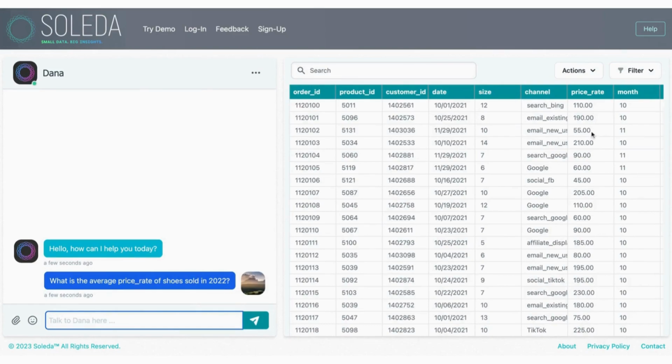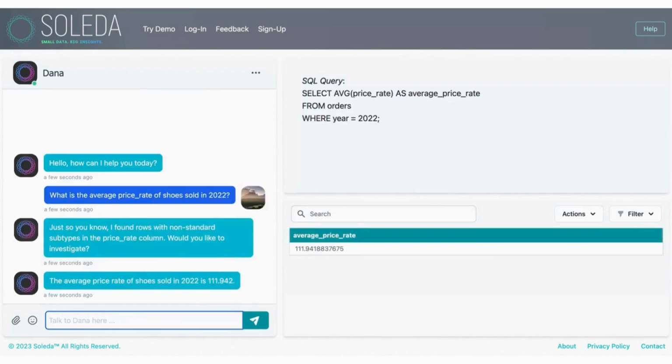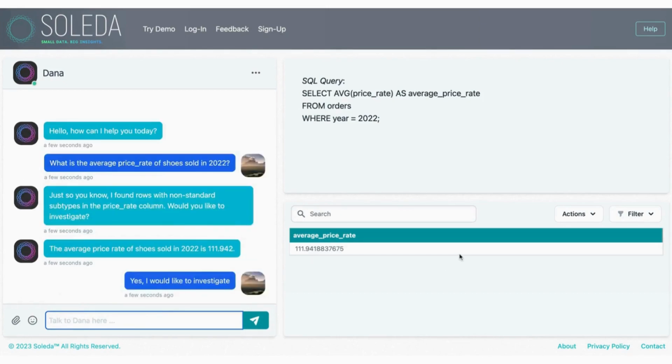Then, given our price rate column, we will get our query as normal and see an average price rate. But notice that, just so you know, I found rows with non-standard subtypes in the price rate column. Would you like to investigate? And so Dana has found these for us without us having to ask. We're going to go ahead and say that, yes, I would like to investigate to see what these